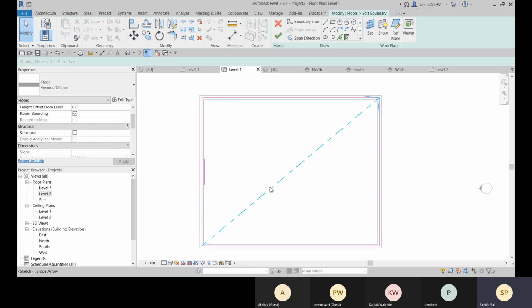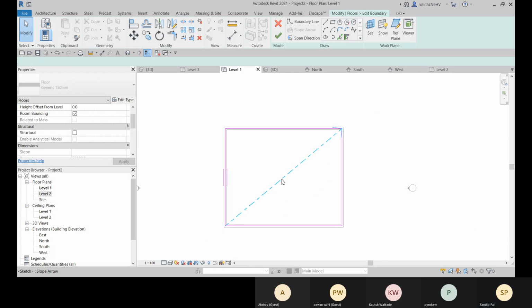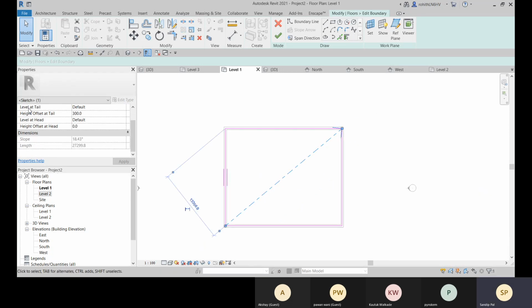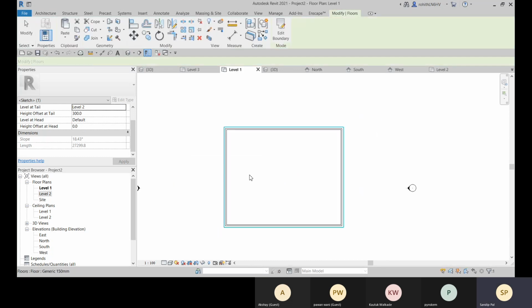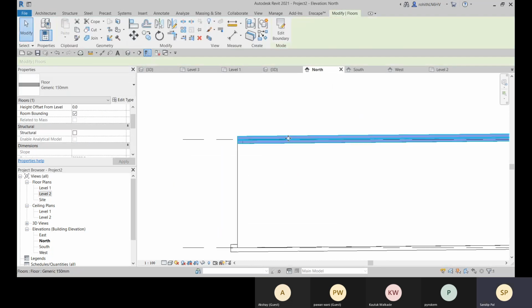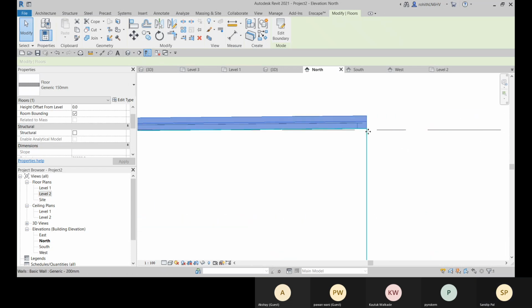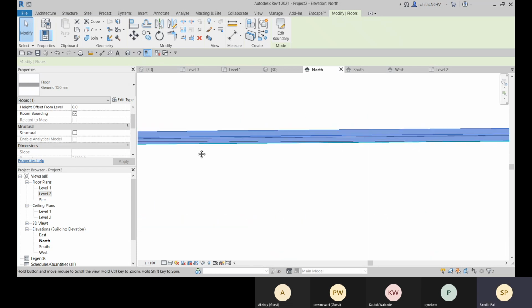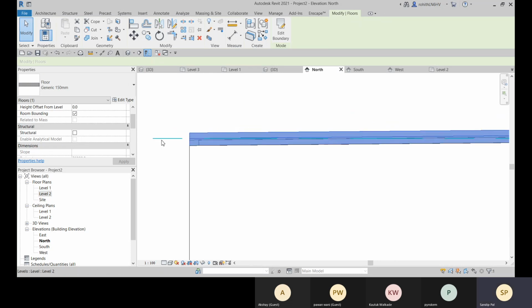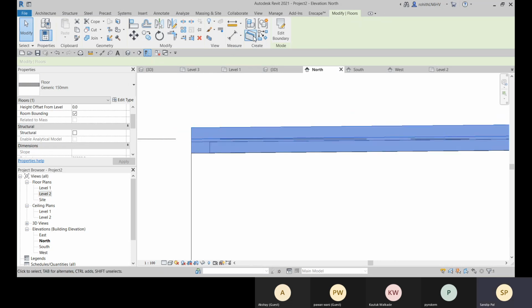And for this, you can go for the level at tail, that you can apply, sorry, level 2. Okay, you can define the proper level, and then we can just go for it. Okay, and the height offset at tail is currently 300.